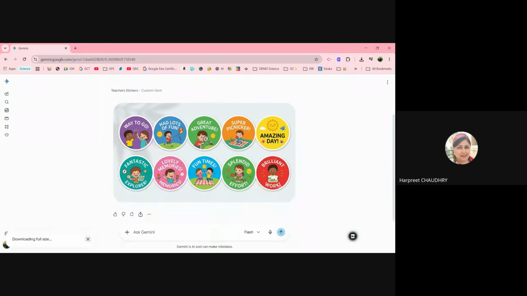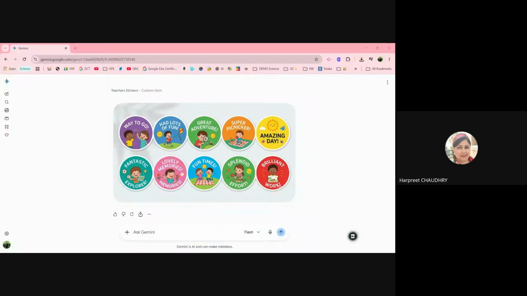I will share with you another cool prompt. It's still downloading. So here is a link to your chat space. Okay, I will save this. This is a classroom header. We all use Google Classrooms most of the time, and each time it is either a very monotonous and boring classroom header, or you can ask Gemini to create it using the gem that you want to create. So I'm giving this to you.